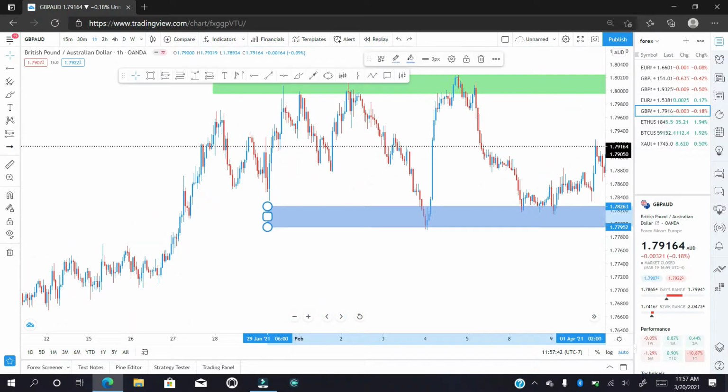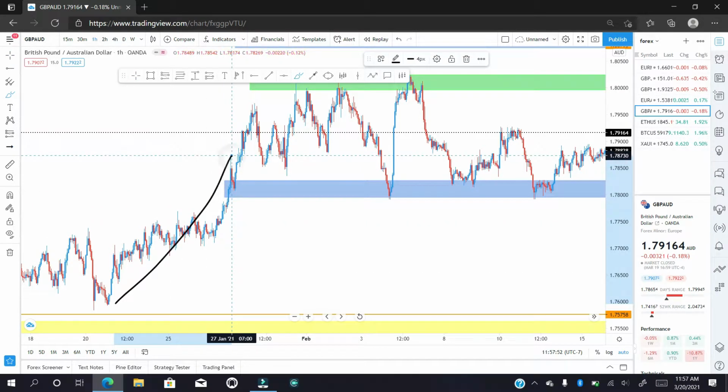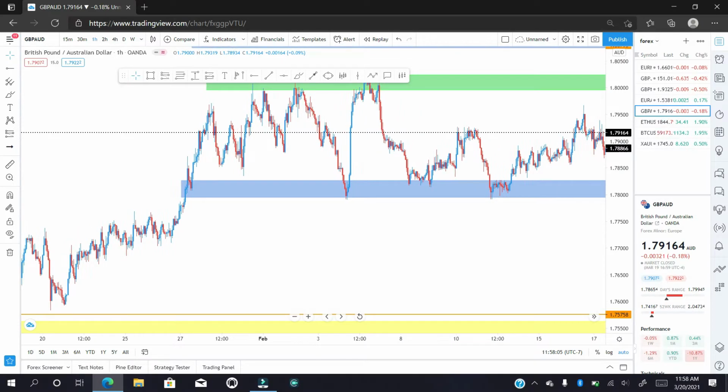Okay, bigger. So we notice that to the left we have this zone right here. What did price do? Impulse move, small pullback, impulse move. So that's what I'm looking for: impulse move, pullback, impulse move, or maybe breakout and retest. So I have this zone right here,